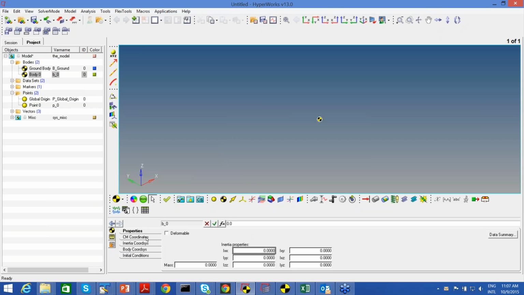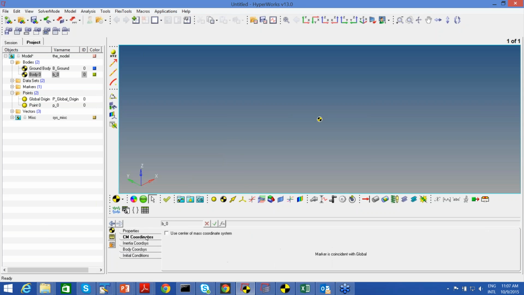If you already have a CAD model, you can directly import that CAD and you don't need to define all these properties. It will be taken care of while importing the CAD files. If you don't have a CAD, you just have hard points, then you need to define the mass and inertia property, then the CG location, where the CG lies of that component or the body, and if there is any specific orientation that is not in the orientation of the global system, then that also you have to define. So this is how you can create points and bodies